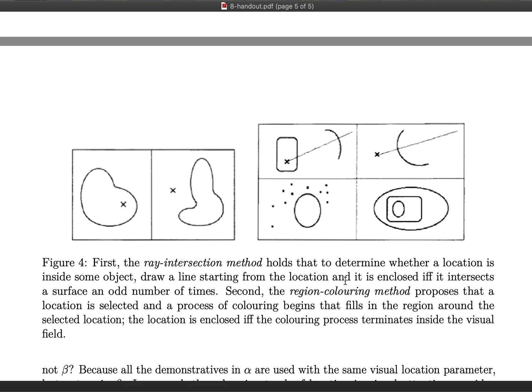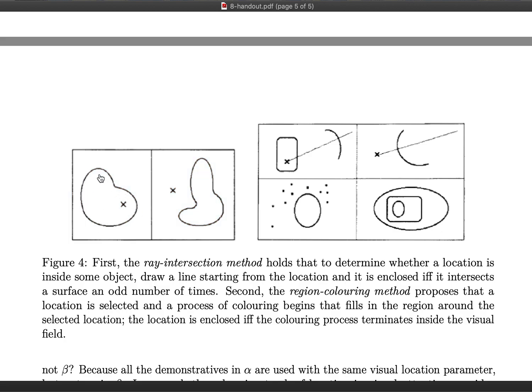So there's a slightly more advanced method which proposes that what you do is you select the location, then you begin coloring in circles out from the location, bigger and bigger. So you begin coloring more and more. And you're going to stop coloring when you hit a surface, okay? And what this method says is that the location is enclosed just in case the coloring process stops inside the visual field. So here we have this location, then we start coloring, and we're going to stop